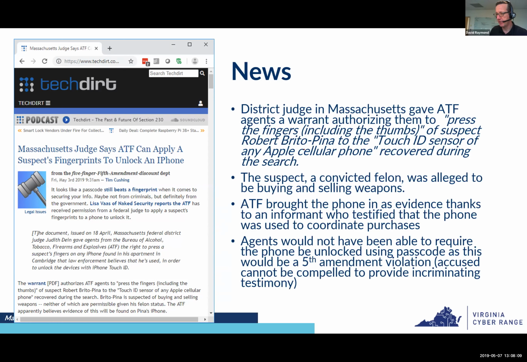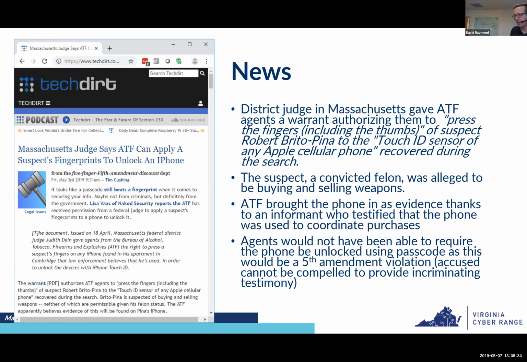An agent could get a warrant, and basically pretty much any law enforcement officer could get a warrant that said you can compel somebody to unlock a device using biometric identifiers. But a couple of months ago, there was a federal judge, I think it was out west, Colorado maybe. Anyway, a federal judge that said,